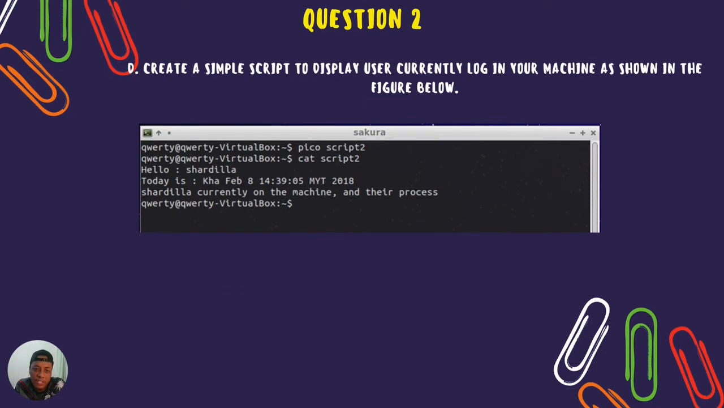Next, create a simple script to display the user currently logged in on your machine as shown in the figure below. So these are examples after Pico and cat. So the output is hello. Today is